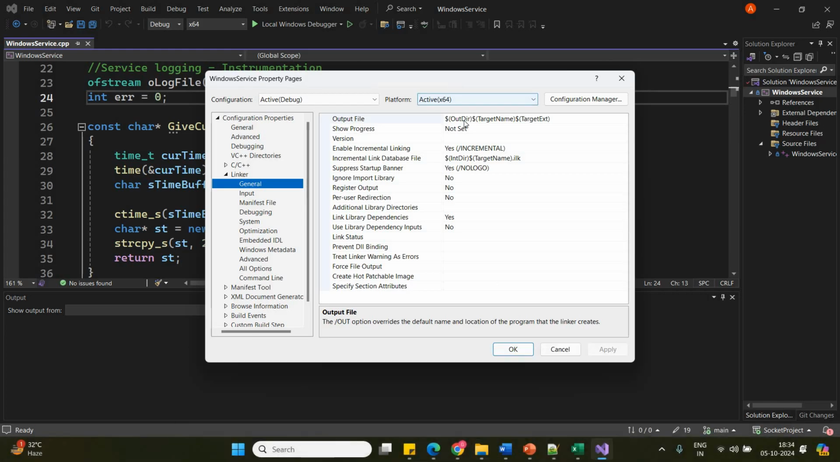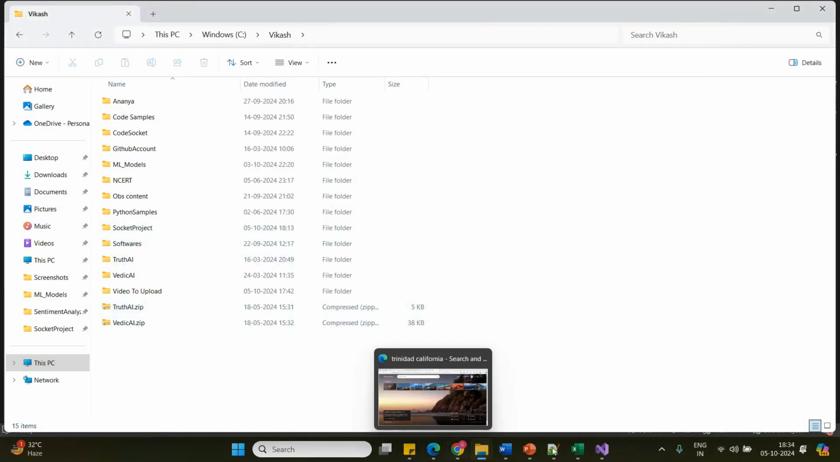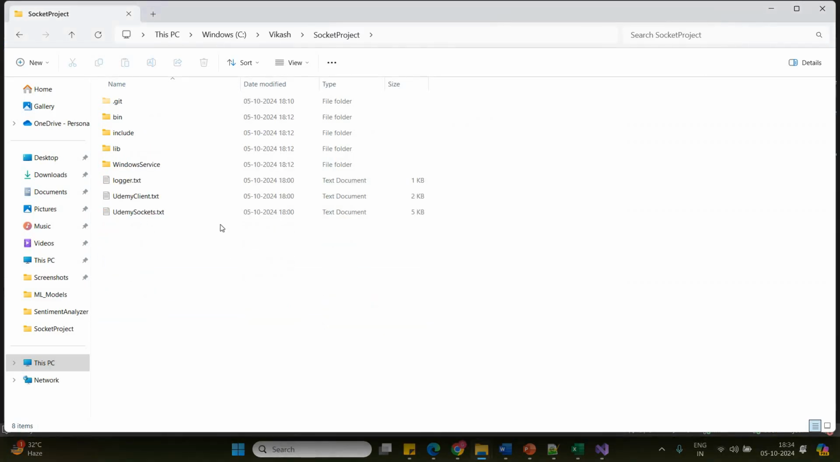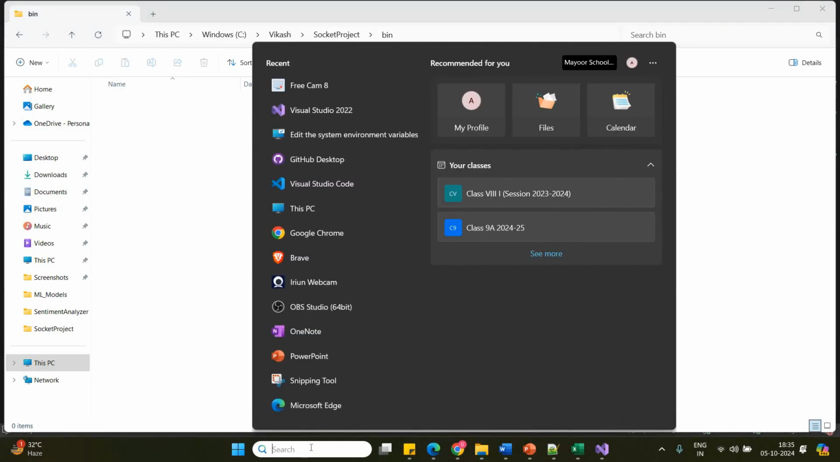What I need to put into the environment variable is the name of the directory where I'm going to put my exe. Like I want to put my exe into the bin directory, right? So I need to give this path into the environment variable. I have already done it for you. So if I go to the environment variable,